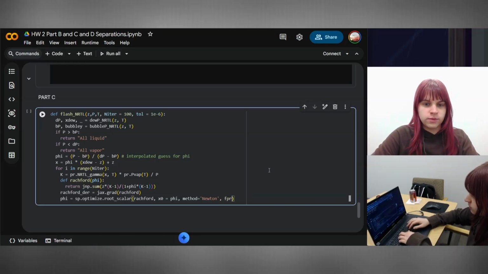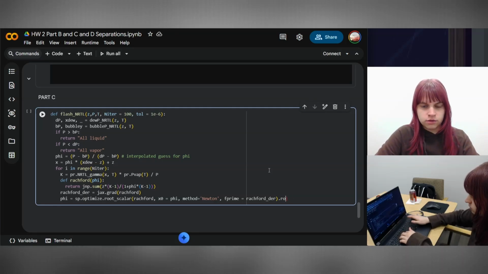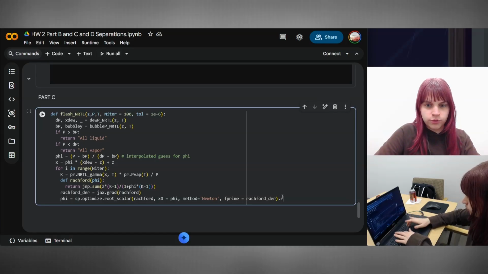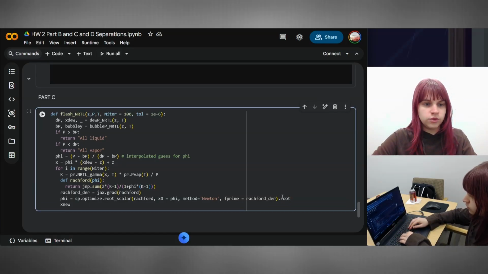And this is where we're setting that, so f prime is equal to our Rachford derivative. And we want to take the root of this, and we want to get a new liquid